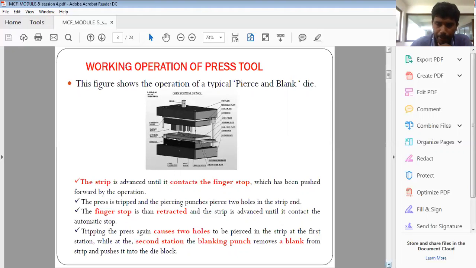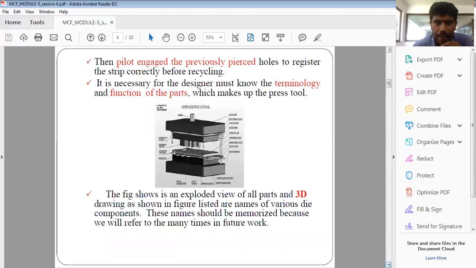That is called tripping of the press ram. The pilots engage the previously pierced holes to register the exact position of the blank and the strip. So this is the overall working of any press tool.